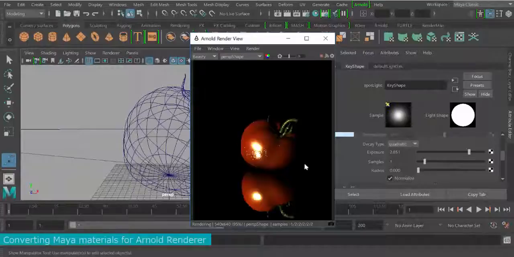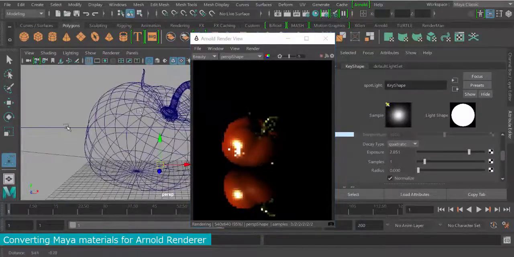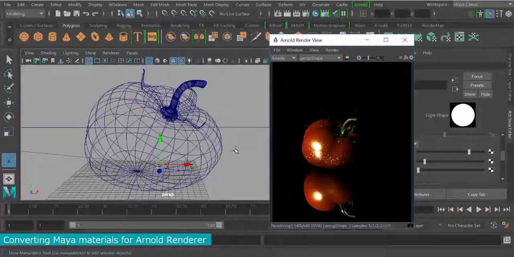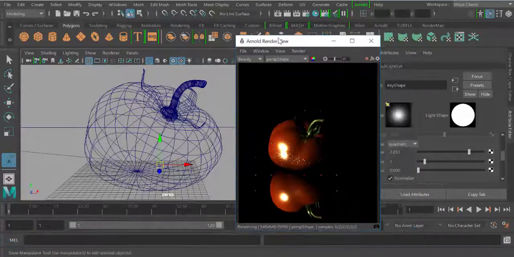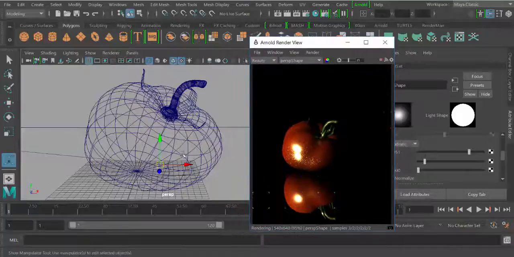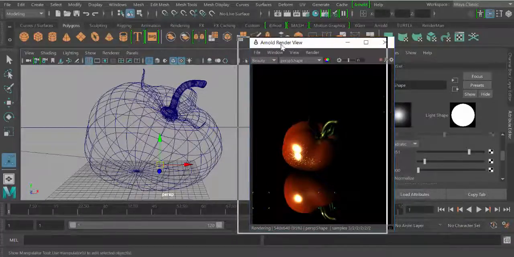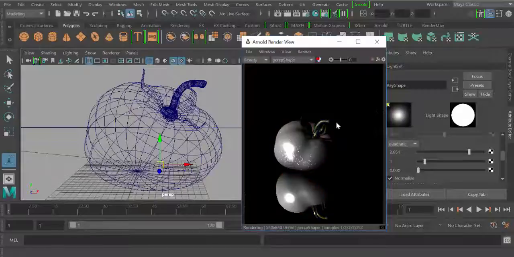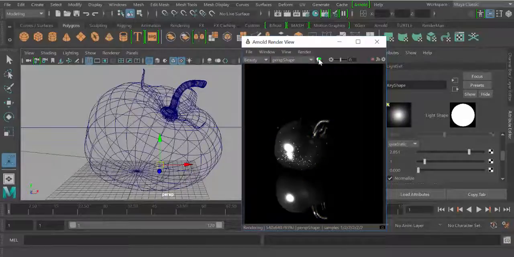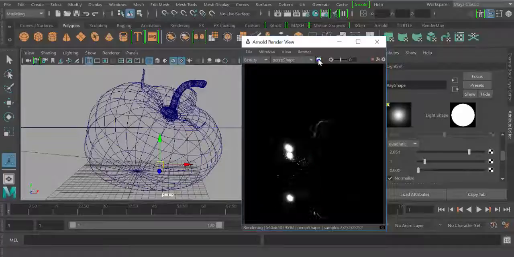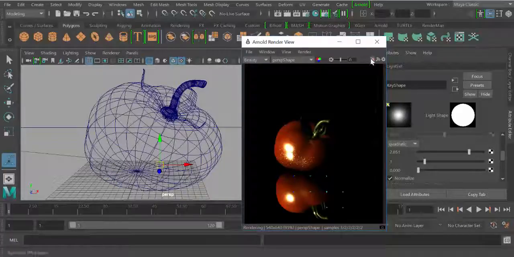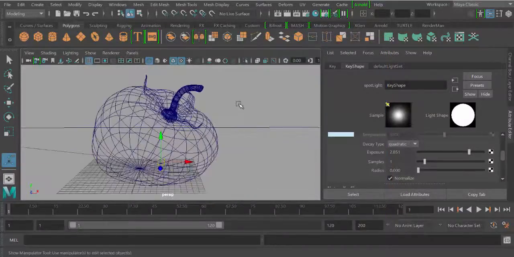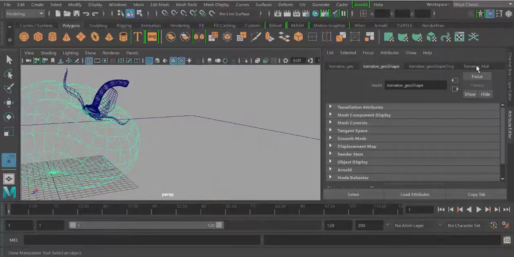Now notice this material is not going to act very appropriately, so we might need to switch this from a Maya setup to an Arnold render setup. So let's just hit stop on our IPR, and then another shortcut is if we hit the space key, we can enable the IPR. Just going to click this back. Clicking this will show all our different channels. So I'm just going to stop that and close that. So I'm going to come into my tomato,